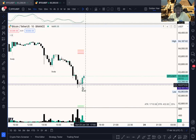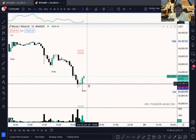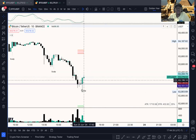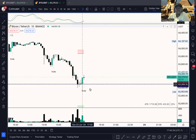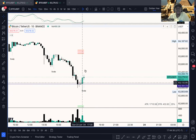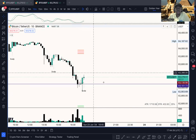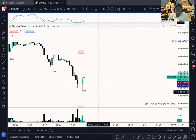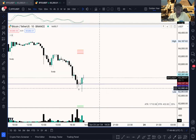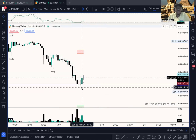I added some under this level support. Sometimes they like to wick out people, you know, try to make sure that they trap the shorts and then wick back up and then long it. So, typically a good thing to do when you're trading, or not even trading, but even investing too, if you want to get a specific entry, is to place your buy orders where people usually